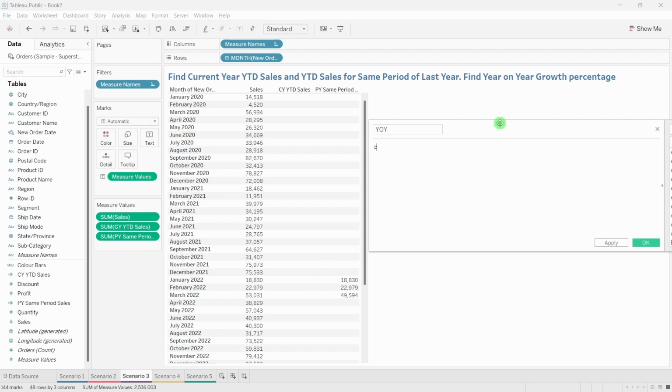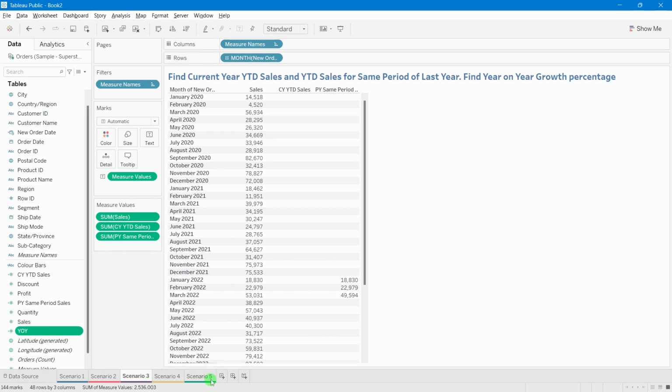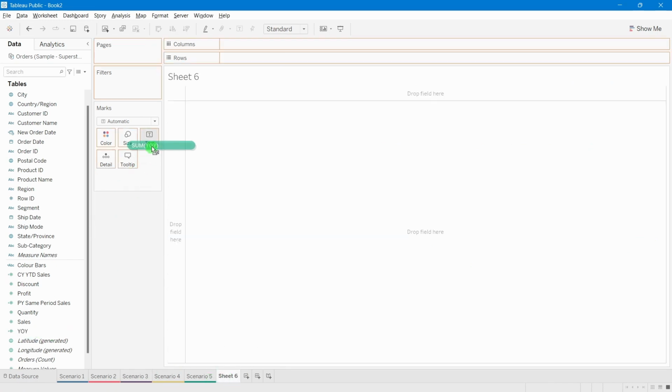So we will be using the same formulas: current year to date sales minus previous year same period sales, and we will add a bracket to this. Okay, total divided by previous year sales. Okay, so this is our formula. Just click on OK, and if you take a new sheet, and when we bring this into visualization,